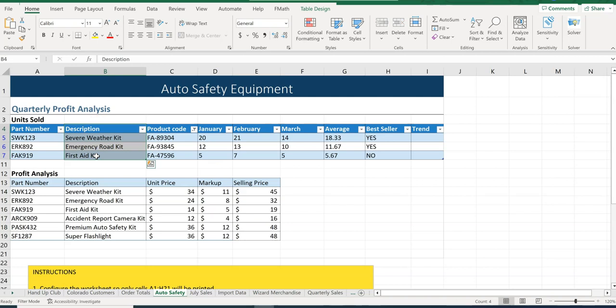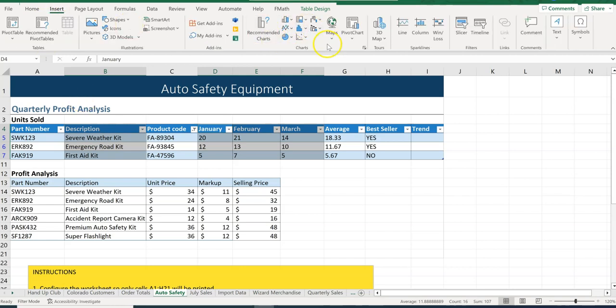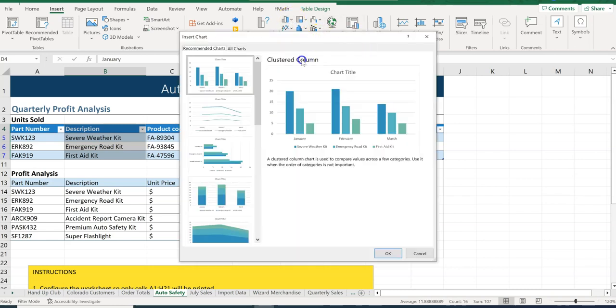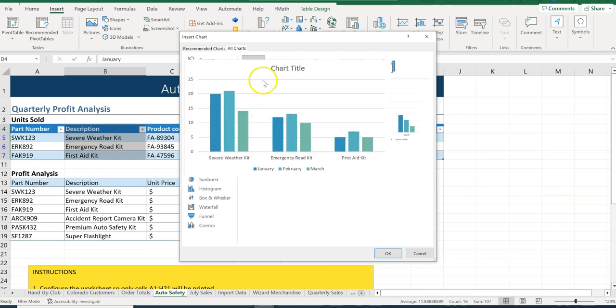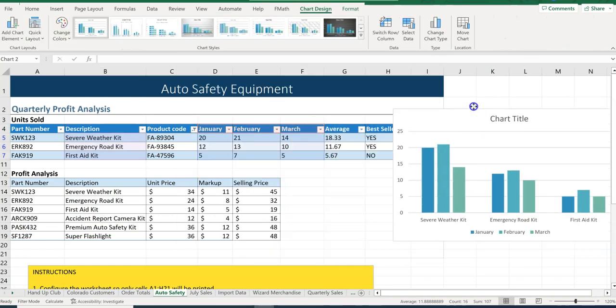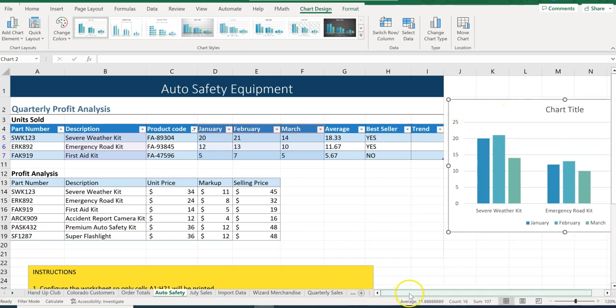We're going to use the control button, and we're going to highlight January, February, March, all of those, while holding down the control button because this data is not next to each other. Then we're going to go to the Insert tab, and we're going to go here to Charts. And if we click on it, we can click on it here for all charts. And the very first one is a clustered column chart. It shows us what it's going to look like, and we're going to click OK. And it says to move this chart to the right of the table. Okay. So now we have this